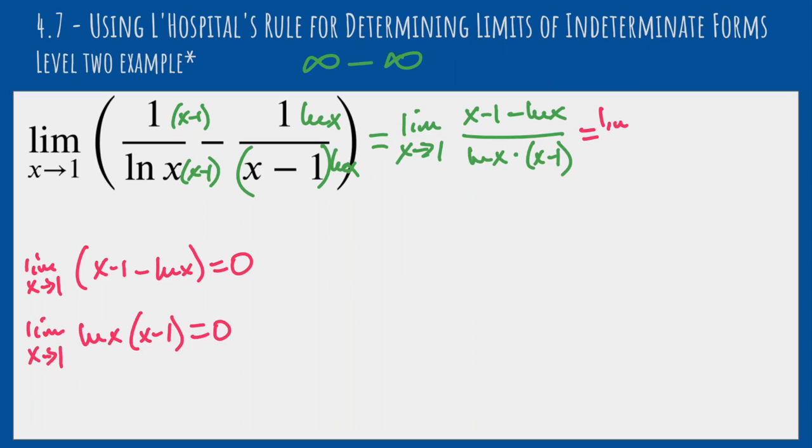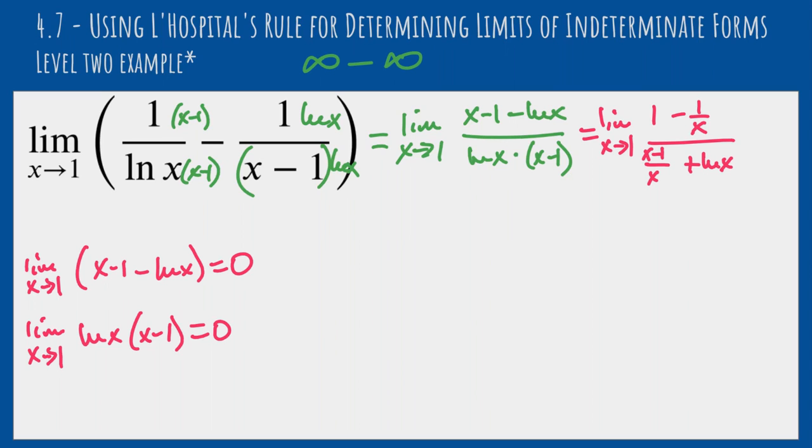So we're going to rewrite it, keep the limit part the same, take the derivative of x, which is 1, derivative of negative 1 is 0, derivative of natural log is 1 over x. And then in the denominator, we do have to use the product rule. So the derivative of the first is 1 over x times the second. So it's 1 over x times x minus 1 plus the first times the derivative of the second, which is